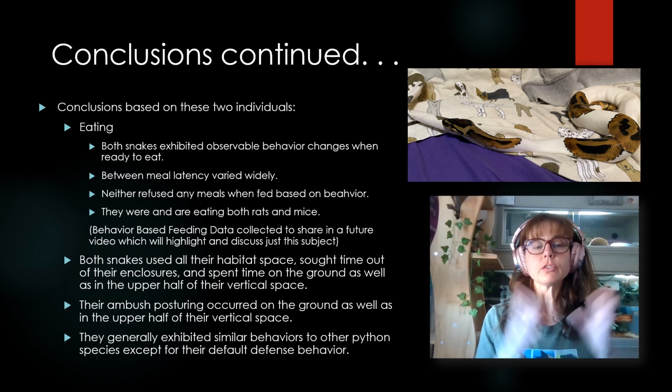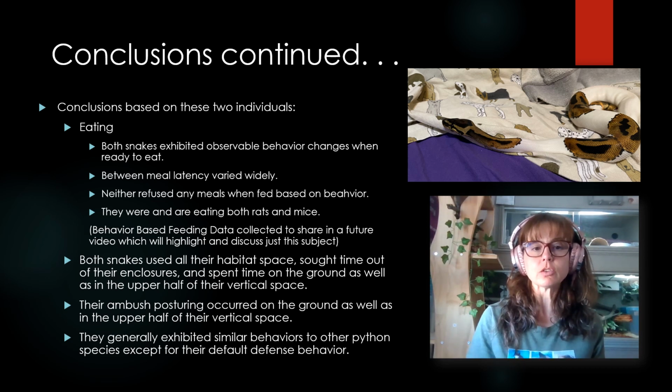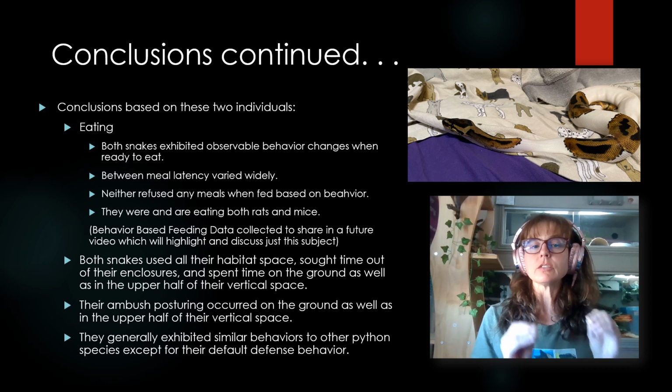They were awake for longer periods than normal. They moved around their habitat more than normal. And they did things outside of what was normal when they weren't hungry. And I believe that that's probably to increase opportunities to encounter prey. So they were awake for a longer period of time. They covered more space, and they definitely got into ambush positions more, and they were more reactive to the slightest